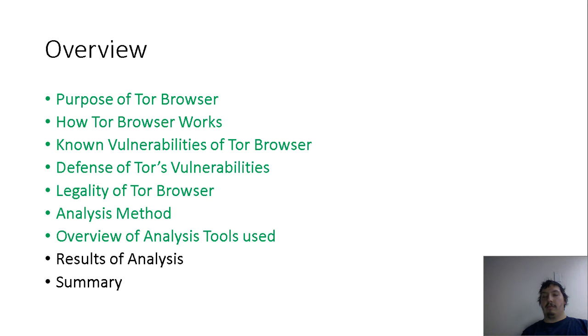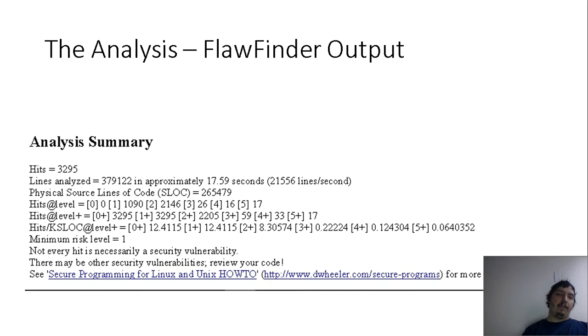Now we get to look at what I found. This is a general analysis, the summary of the analysis generated by Flawfinder. You can see there are a little over 3,000 hits out of all those lines of code, and there were 17 hits at the most critical severity level. There were none at the least, which is 0, but there were over 1,000 at the next to least. Almost all of that 1,000 involves the string length function,